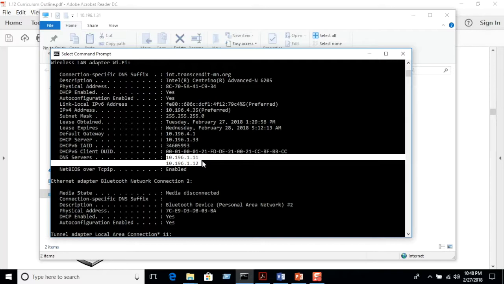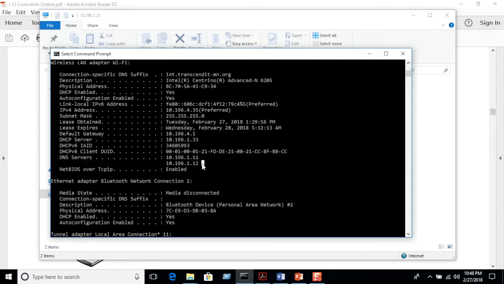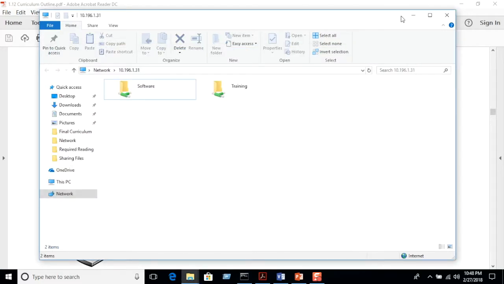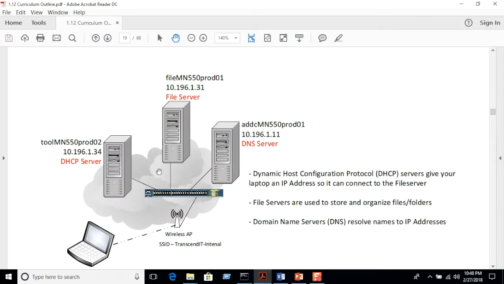In well-architected or well-designed networks, you always have redundancy. So this is an example of where if this DNS server was to be turned off or offline, somehow this one would kick in, and the user, in theory, would not know the difference. So nice work. You have now gone behind the scenes as to what was actually happening in this environment